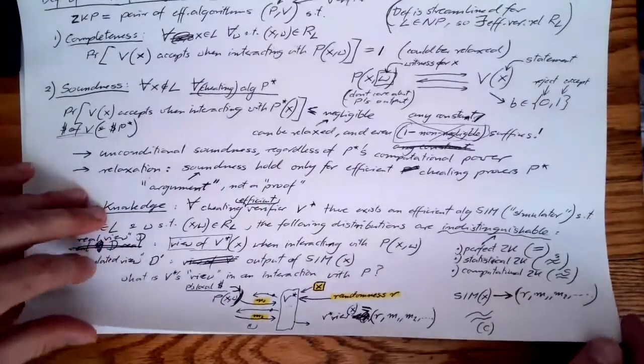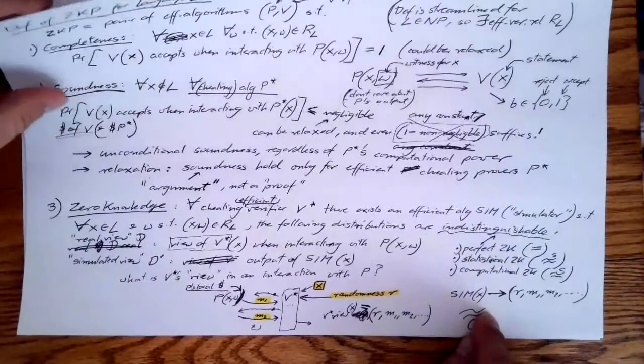Let's see. Of course, okay. So how to achieve it, right? For a given proof system. You know what? I know we started a little late, but I think that this is actually a good moment to break, because we have only a few minutes left. So we'll take it from next time,